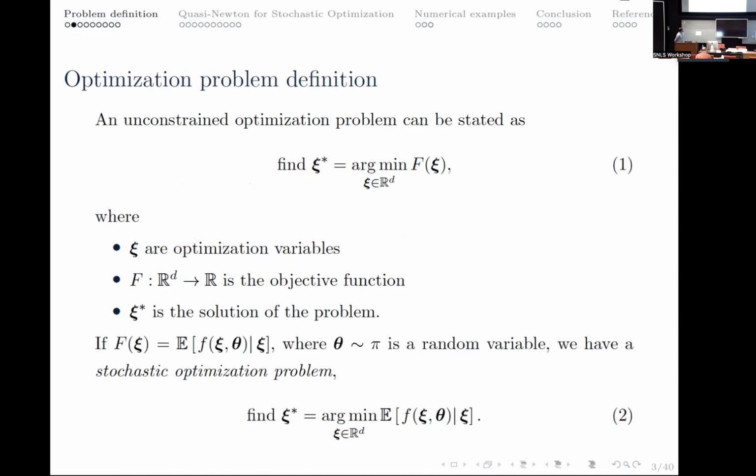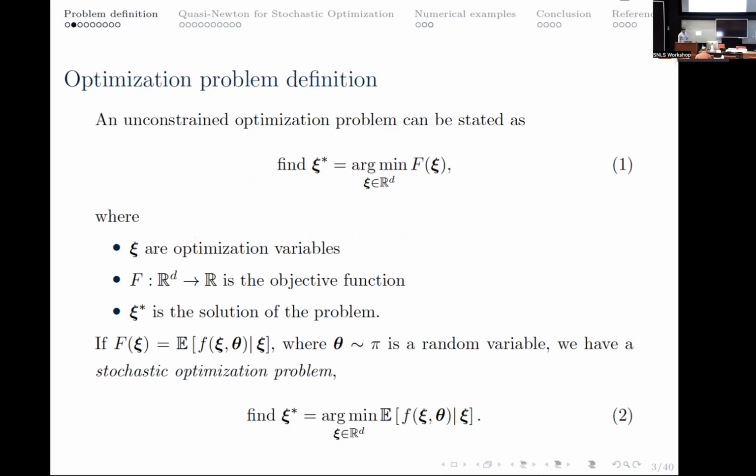So the problem that we're trying to solve here is an optimization problem. Here we have function f, defined as uppercase F, and we have xi as our design variables, our optimization variables. And what we want is to find some xi star that minimizes F. So this is a general deterministic optimization problem that we have in one, and we are specifically interested in this